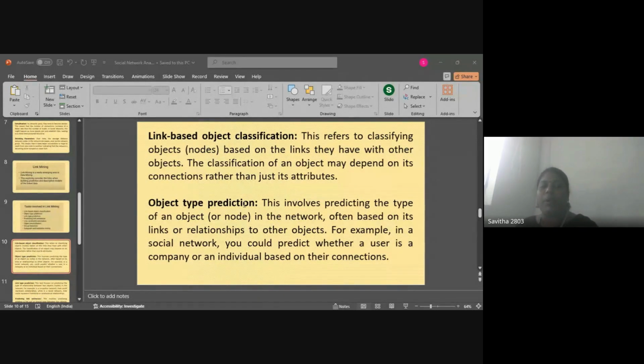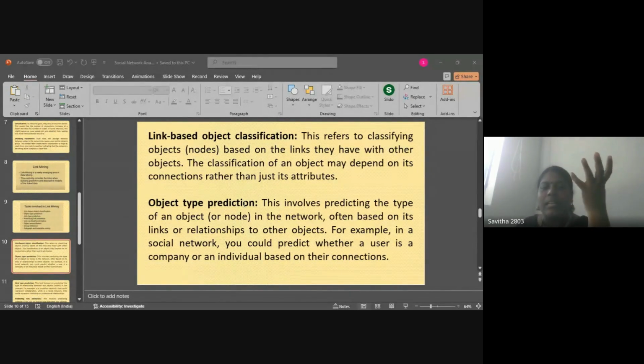The second point is object type prediction. Object type prediction means the category of an object will be predicted or classified based on its connections. That means when a person or a web page is connected to a professional network like LinkedIn, or a user has connections with different professions or professional websites,